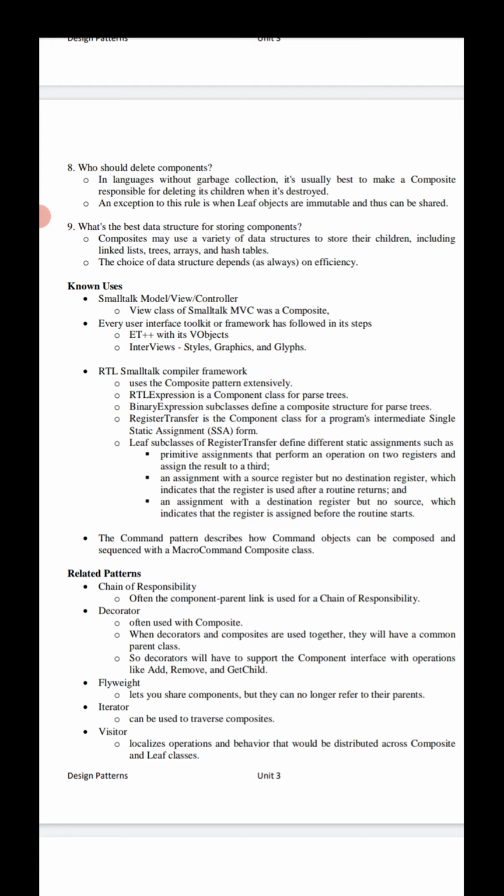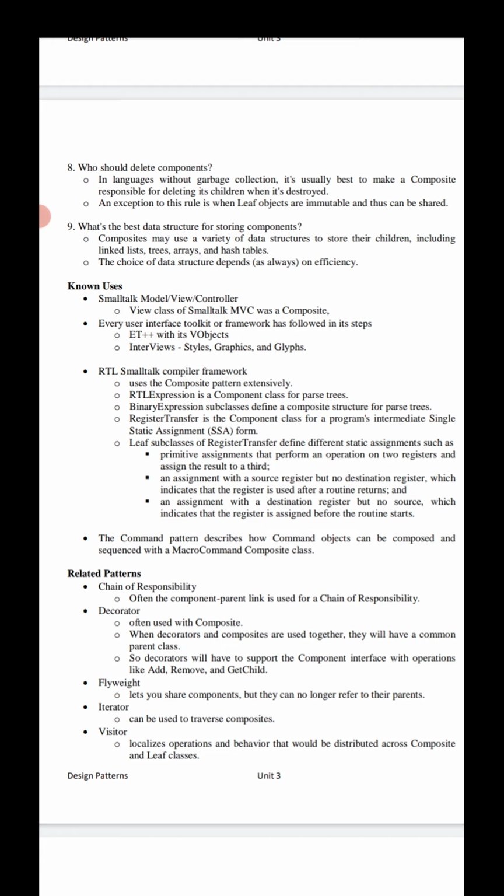Coming to the last related pattern of the composite design pattern, that is the visitor. The visitor localizes the operations and behavior that would otherwise be distributed across composite and leaf classes.